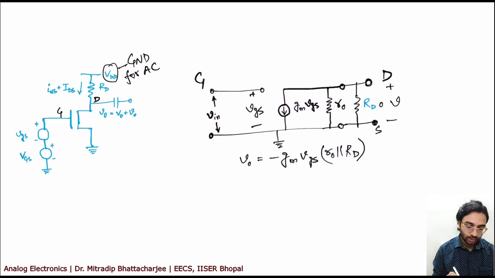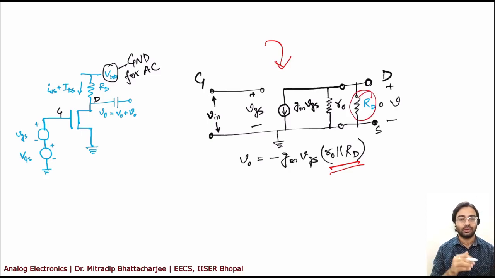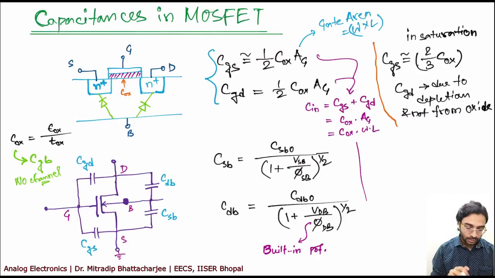Then we have shown you what the actual case is. This is a special case wherein I said that the actual gain will depend on the RD that you put outside the MOSFET in the circuit. So this will also influence your gain, and how it influences it, I have shown you.